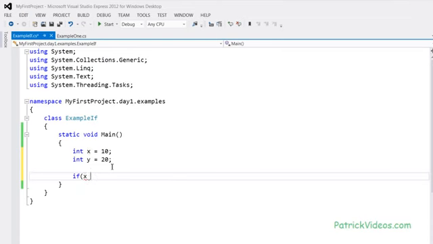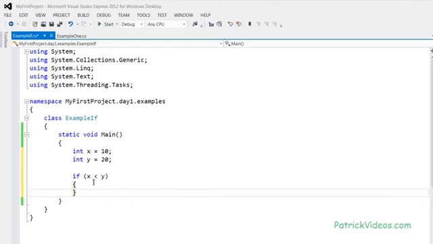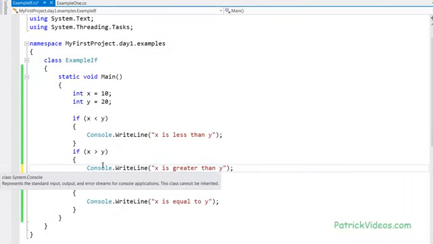If x is less than y, open and close curly braces, and you can have any number of statements here. Let's print out Console.WriteLine x is less than y. So similarly, we can have